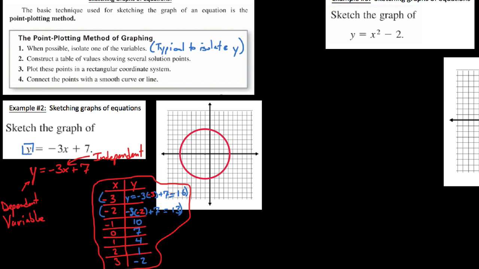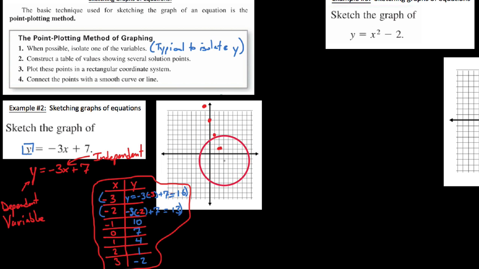So we'll go left 1 from the origin, up 1, 2, 3, 4, 5, 6, 7, 8, 9, and actually 10 is right here. So we have -1, 10. We also have 0 comma 7, so 2, 3, 4, 5, 6, 7. We also have 1 comma 4, so over 1 up 4, over 2 up 1, and then we have the